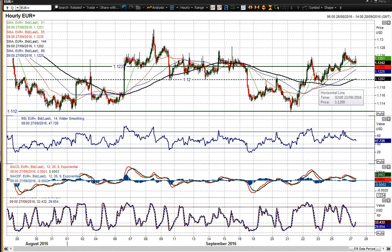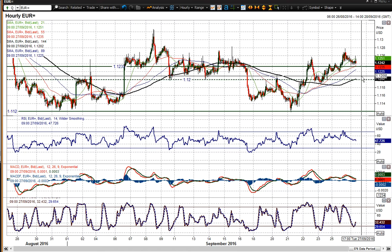1180, 1190 towards the 12 figure. You could even argue it goes up towards the 12 figure, 1210 area. So it's a bit of a ranging pivot really. You've got a pivot range of maybe 20 or 30 ticks, whereby the market seems to be coming back on a consistent basis through this range over the last month or so. So the market is still pretty much neutral, I would say, and still that 12 big figure